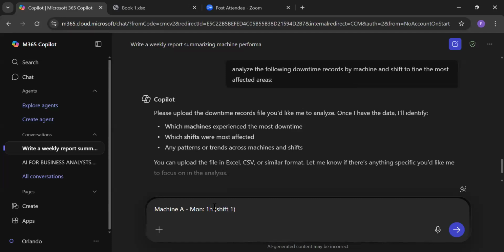Shift 1. On Tuesday, was off for 2 hours. Shift 2. On Wednesday, 0 hours. Shift 3.